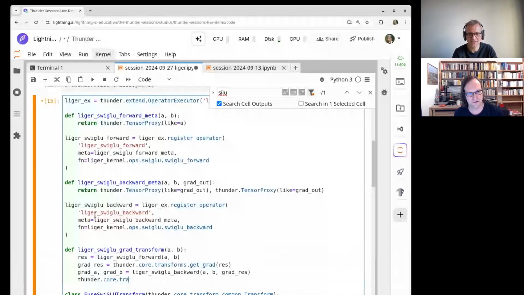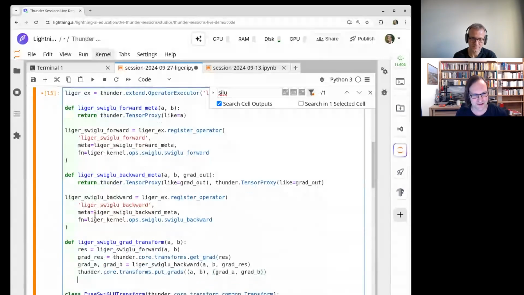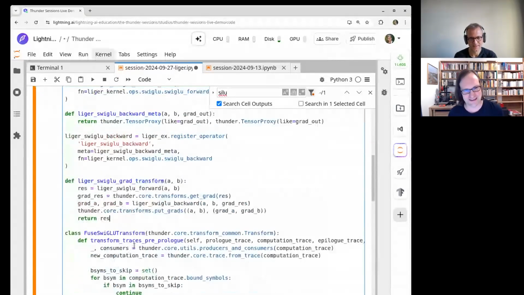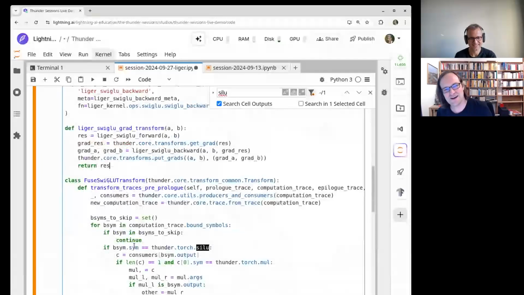And we need to put the gradients using Thunder core transforms. Yeah, we need to make this more accessible, so that you don't need to dig into Thunder core transforms. One thing we need to figure out is where to put these functions. I think that will help a great deal. And so the gradients for A and B will be grad A and grad B. And the other thing we need to improve is the error message when we forget to return the result, because it will just say some name was not found, and it will be a random name.